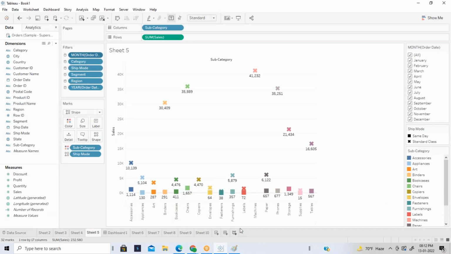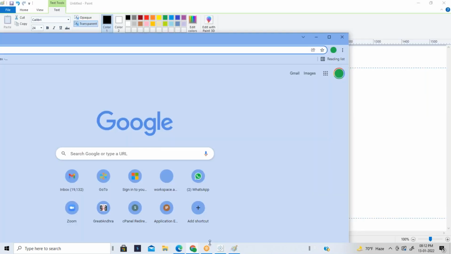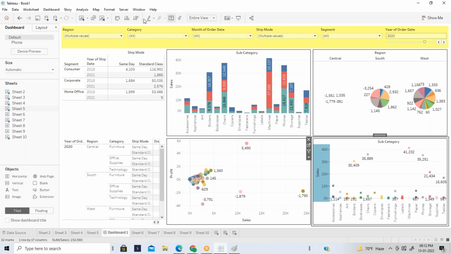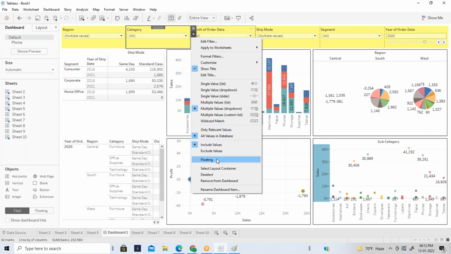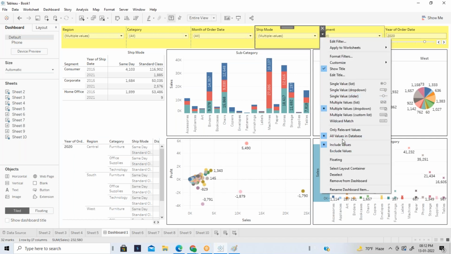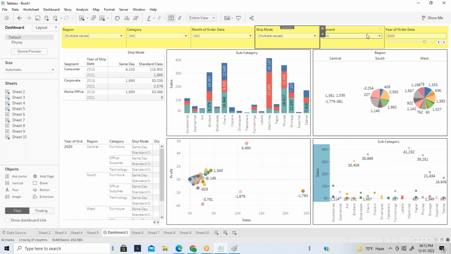Okay, subcategory filter is not there. Okay, fine. Come to the dashboard. See, here also what you can do, you can apply the filter. You can apply the relevant values, guys. You can choose only the relevant values.